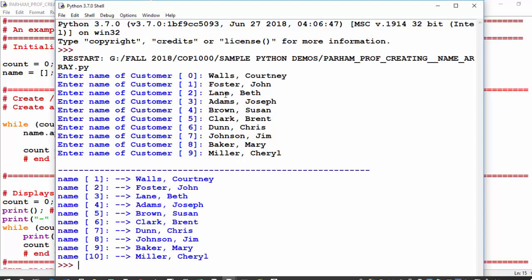And once I press the enter key, the computer will display name is the name of the array or the list. The first item in the list is number 1. That's the address or the element. That's how we reference this. That's the variable name that we use, but inside of memory it's stored the Walls, comma, Courtney. Likewise for the second item in the list, Foster, comma, John,